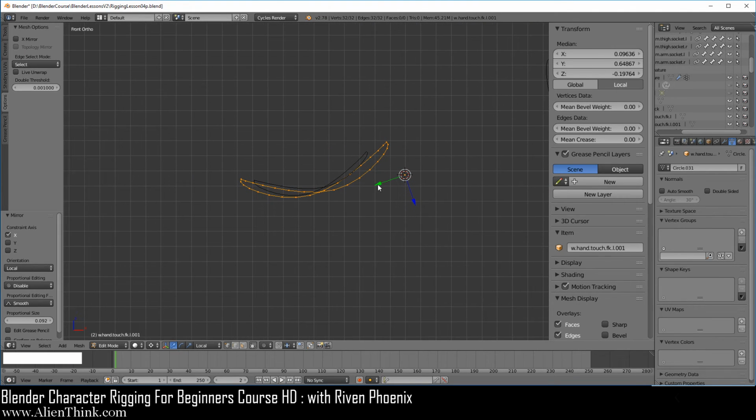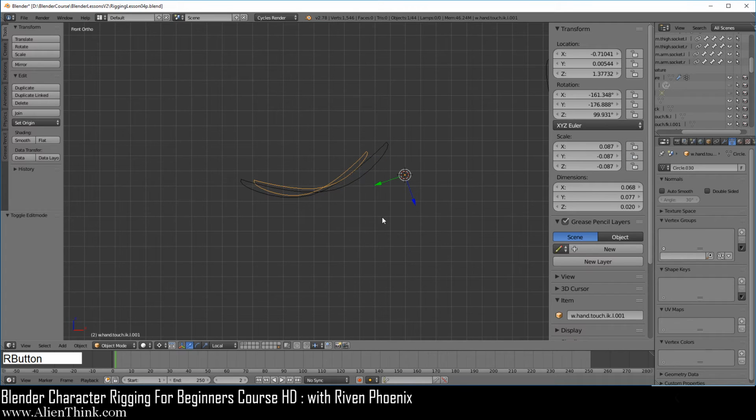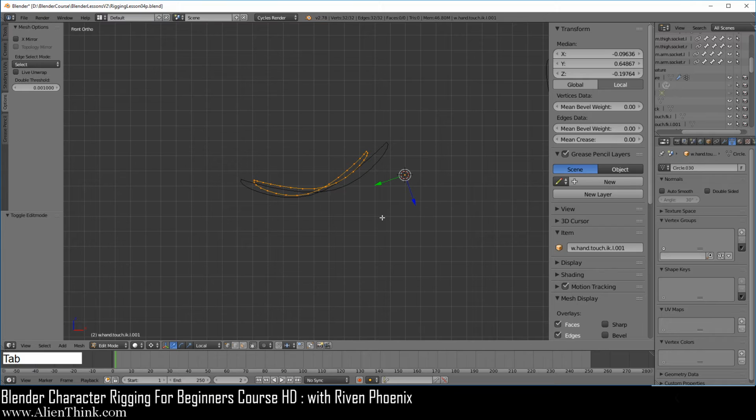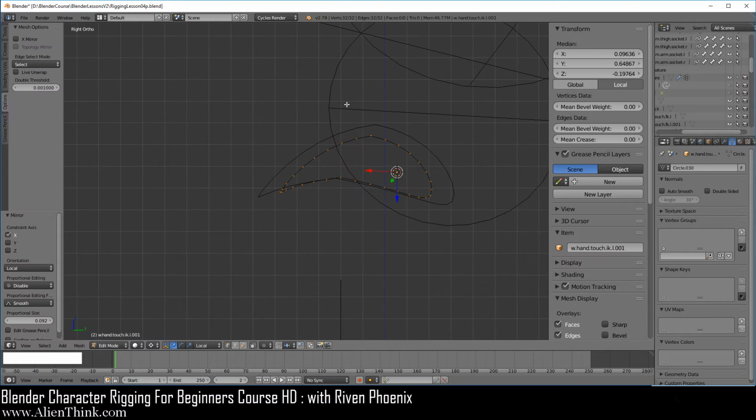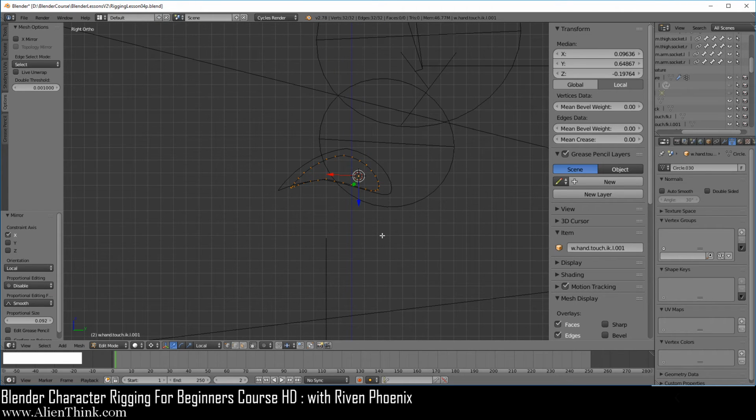So here we're going to just press the Tab key to go into object mode, click on this, do Shift S, do Cursor to Selected, press the Tab key, do Control M, do X 2 times, and left mouse button and press the 3 key, right? So here you can see that everything has been aligned.